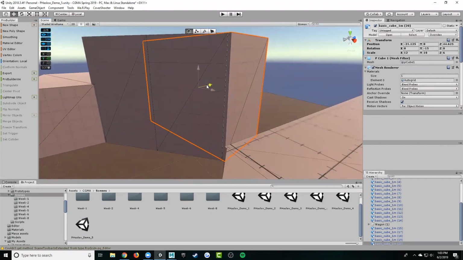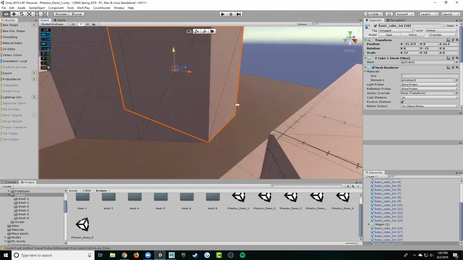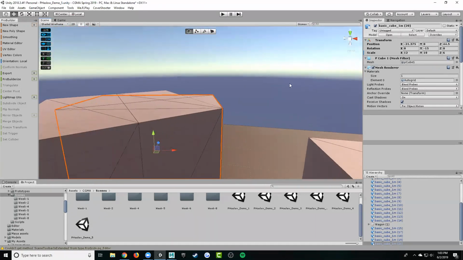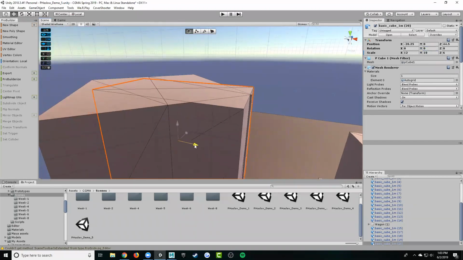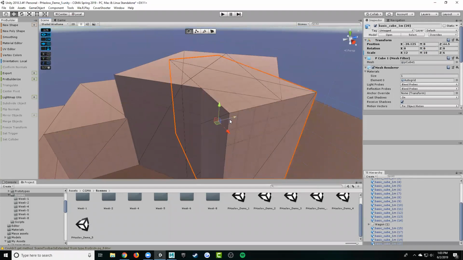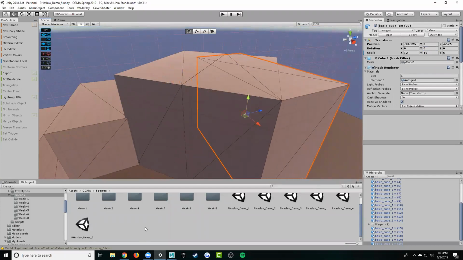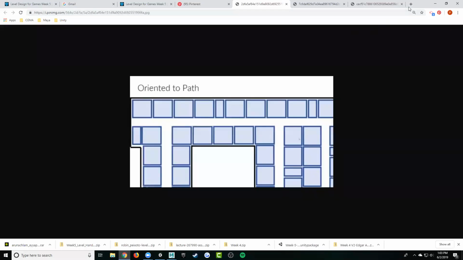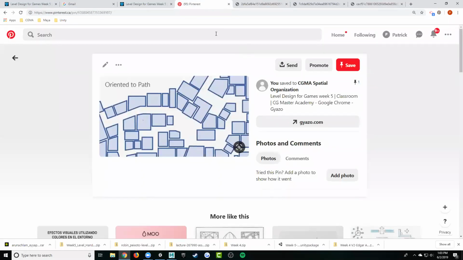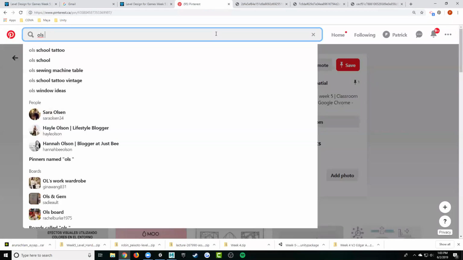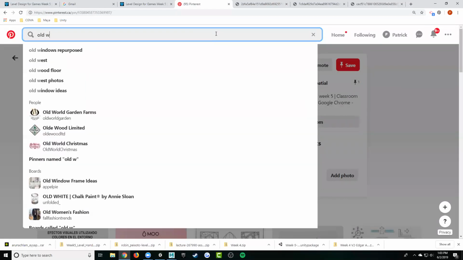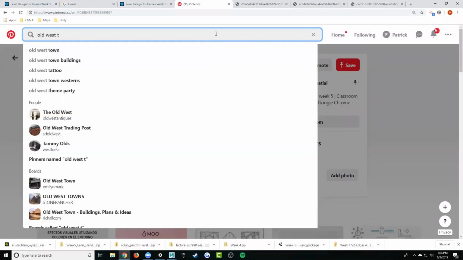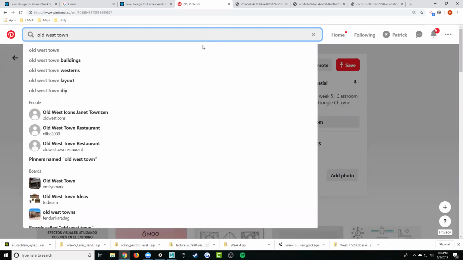And one of the things I don't know if I mentioned it, but a lot of times if you look at references of, say, old West towns in America, which this assignment was kind of based on, you find pretty quickly that, let's look for Pinterest here. Let's do old West town. And you see how boring they are. They're really overly simplistic. And I realize some games that go for really hardcore realism, like a Red Dead game,